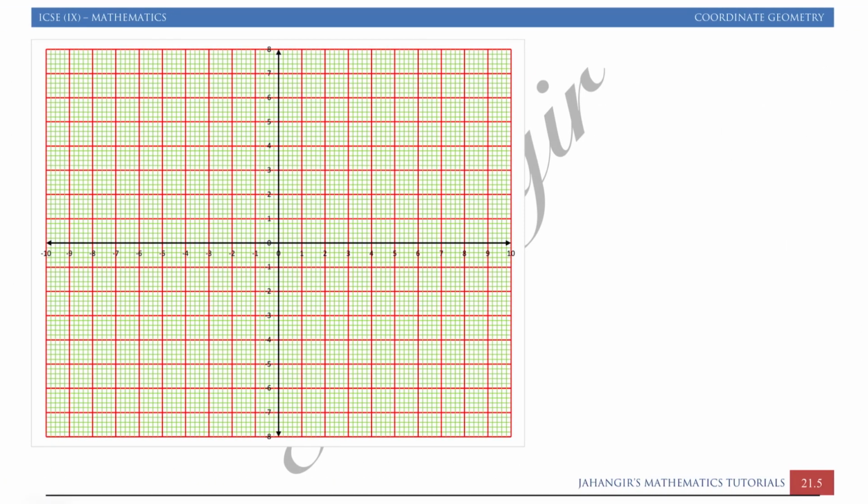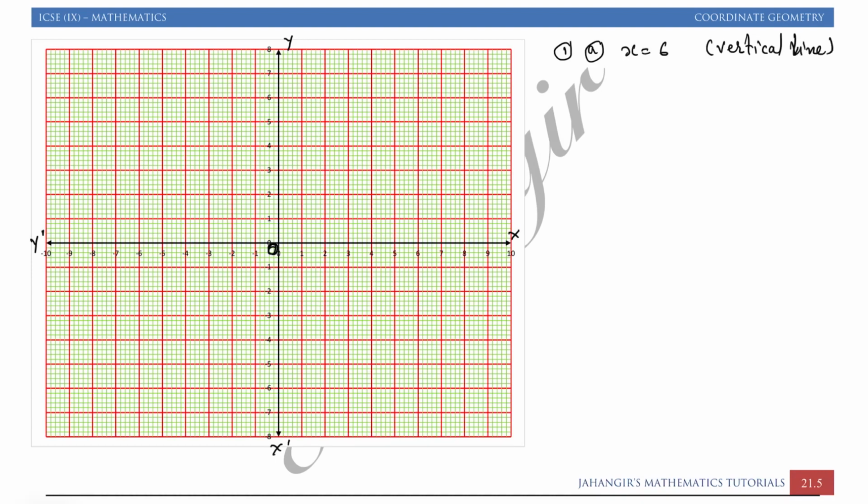This is my graph paper which I had already drawn. Here I can mark the x-axis, I can mark the y-axis, this is x dash and this is y dash. Okay, you can mark it out. Here we can write 0. Now the first question, A, we have x equal to 6. How to draw the graph of x equal to 6? As we know, this is a vertical line. I had already discussed that when we have x equal to some constant, it is always a vertical line.